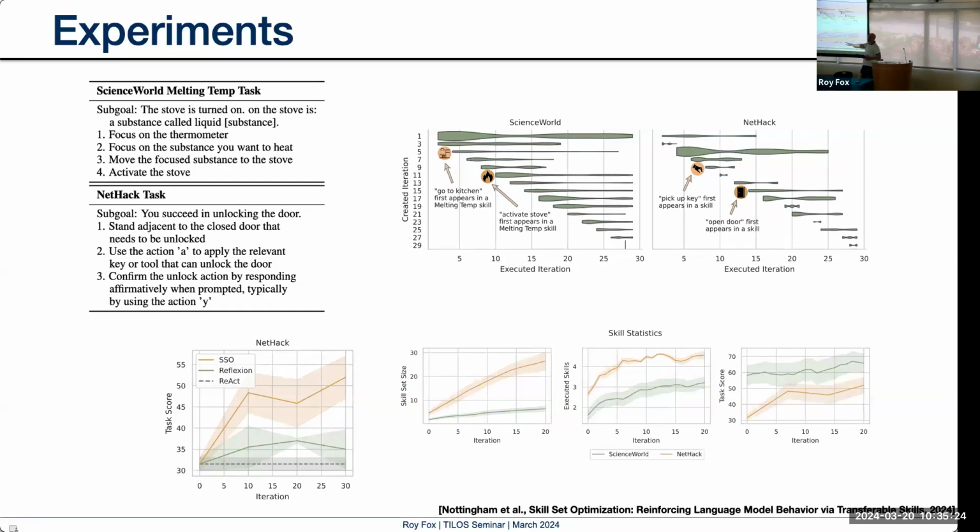There's a caveat here, which is these are the skills reported by the language model being used, right? So it's hard to know what skill was actually being used when they're all in the context and what is actually relevant for the action selected. So we asked the language model, what do you think is relevant here? And this is reported from what they're saying. So it might not actually be true. And the task score also gradually goes up, and we probably keep going up if we do this for a while. Any questions before we move on to the next part?